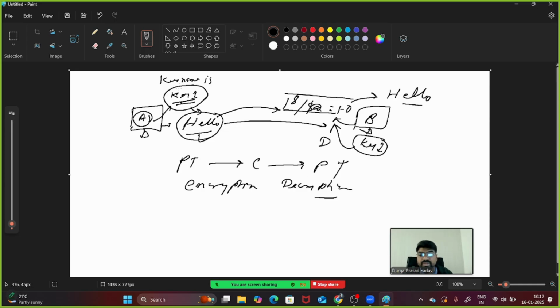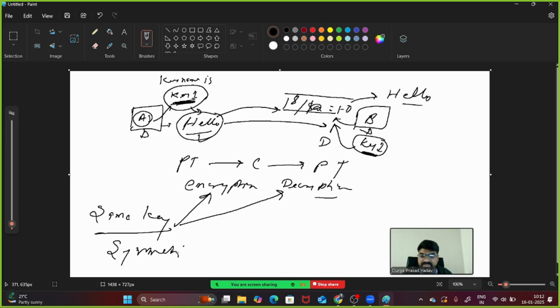If you are using a single key, the same key, key 1 and key 1 again, to encrypt the data and also to decrypt the data, that type of encryption we call symmetric encryption.